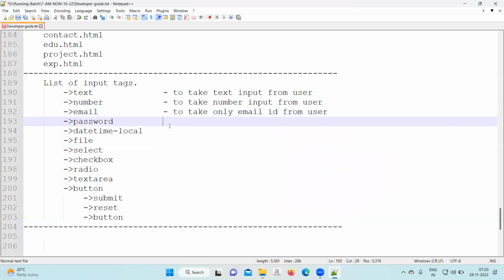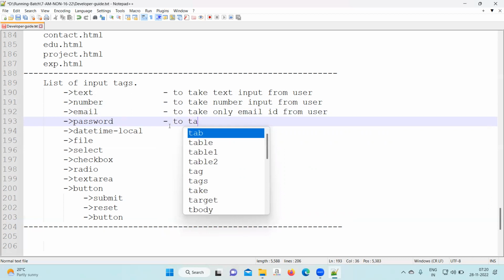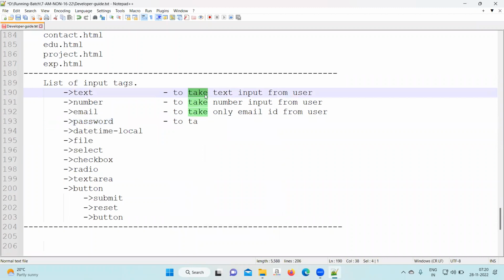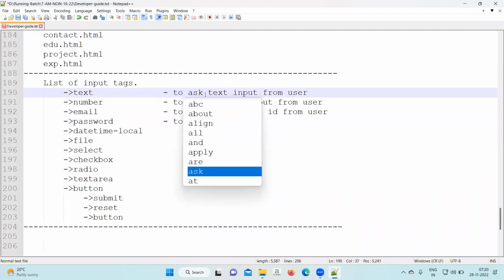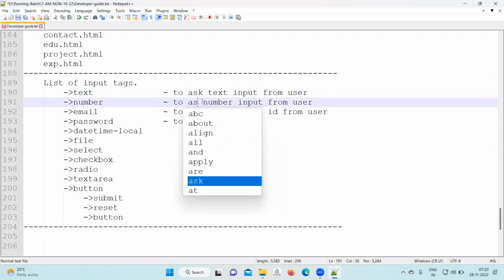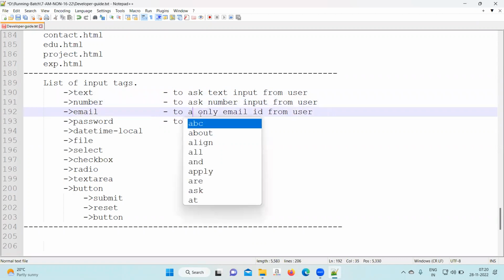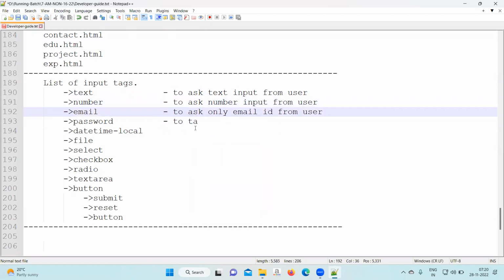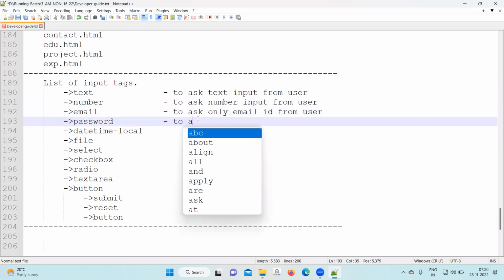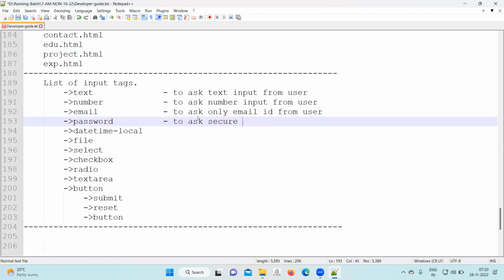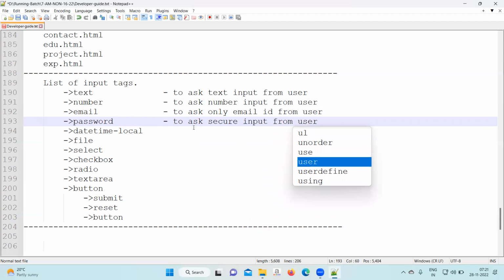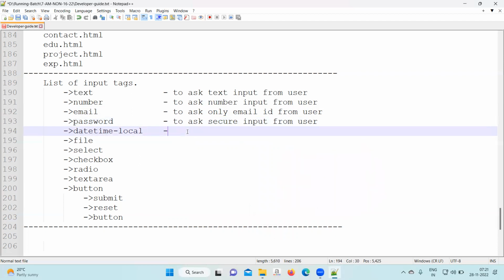Next one, password, to take secure value from user. Here instead of take, you can make it meaningful: to ask text input from user, to ask number input from user, to ask only email ID from user, to ask secure value from user, secure input from user. Next is DateTime local, to ask